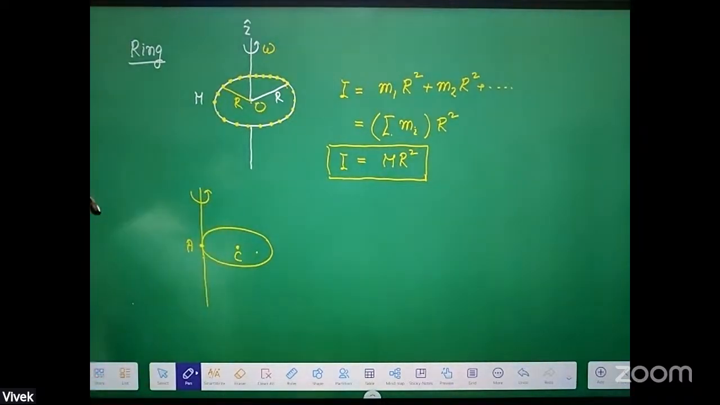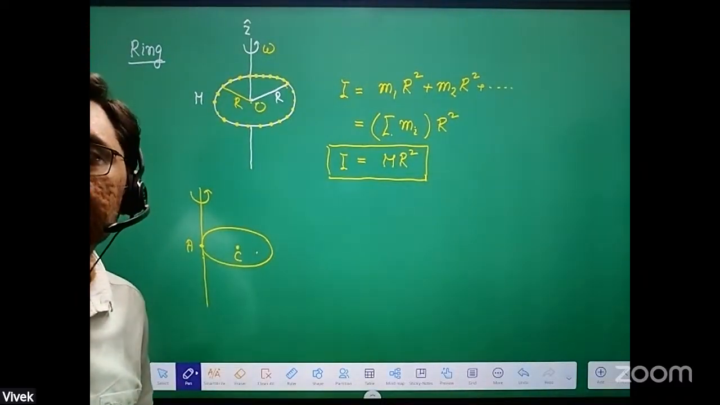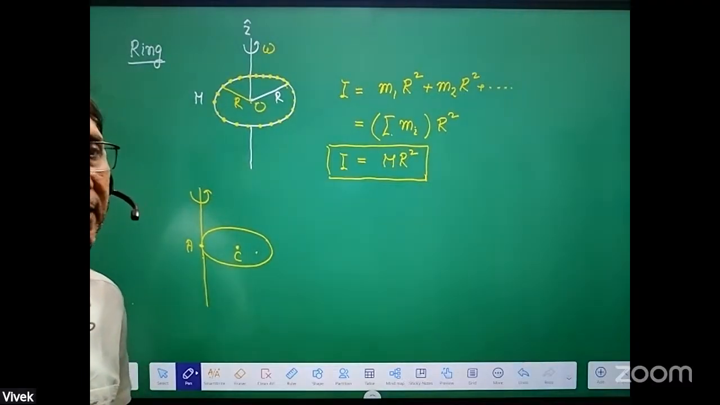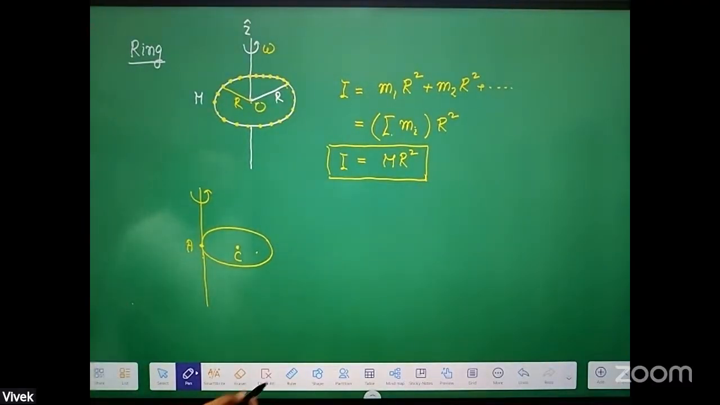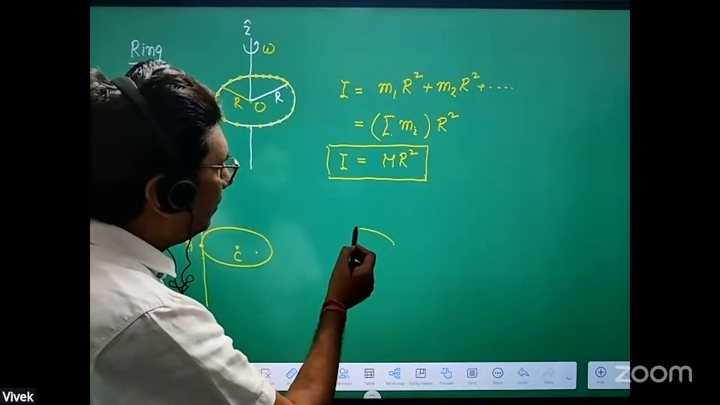Then what will be the moment of inertia? What will be the moment of inertia? Yes, beta, please. Perpendicular axis theorem. Okay, beta. Another question in your mind may be